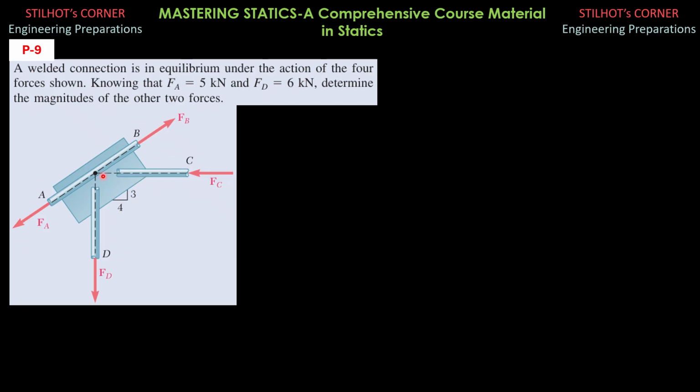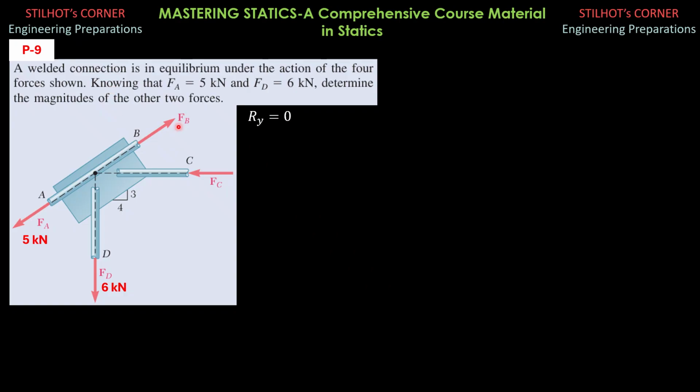So since the force system is in equilibrium, or these four forces are in equilibrium meeting at this point, Rx is 0. So these are the given forces, Fa 5 kilonewtons and Fd 6 kilonewtons. So Ry is 0 first to solve for FB so that FC will not be involved. So that's true. So y component of FB, it is upward positive.